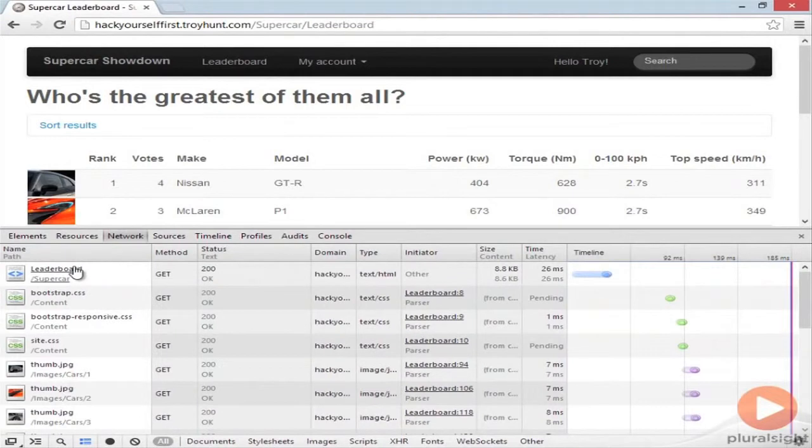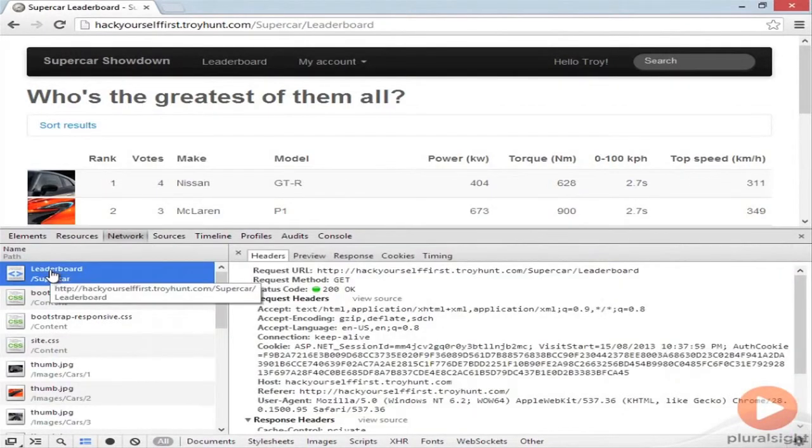/supercar/leaderboard, we'll see that we've got things like the method. So is it a get or is it a post? The HTTP status, this was 200 OK. We didn't get, say, a 404 not found, or an internal server error, or a redirect, or any of the other sort of status codes that we'll see throughout this course. The other columns are pretty self-explanatory. What we're often going to do though is drill down into a request,